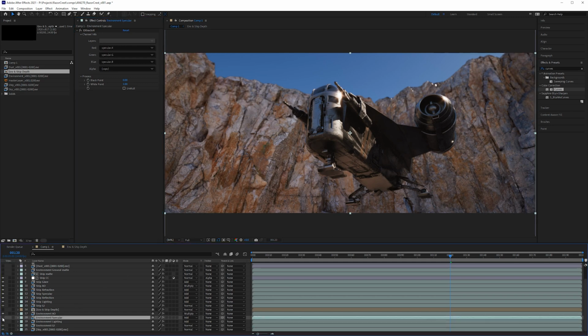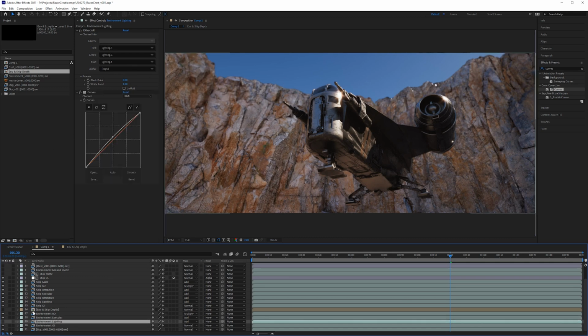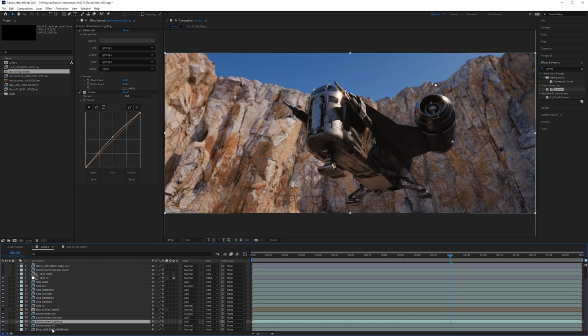Also for your specularity here, you could turn off those hotspots, and that would also allow it to be a lot more overcast. With that said, you can't make part of your environment look like it's in a completely different lighting environment. Like you can't have your rocks look like it's overcast and your ship look like it's not, because we can see the highlights there. But it's just something that you can now break apart if you wanted to have a lot more control.